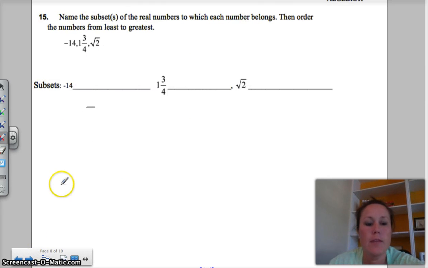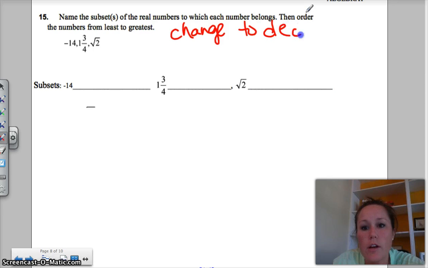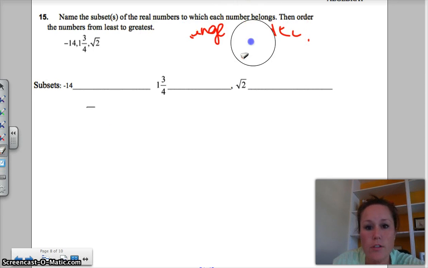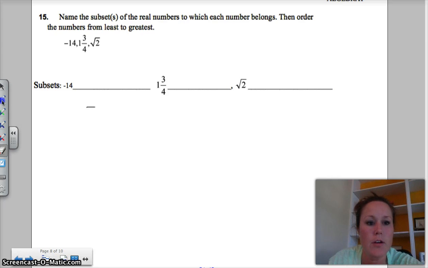Almost done. All right. Name the subsets of the real numbers to which each number belongs, then order the numbers from least to greatest. All right. Least to greatest, guys, you need to change to decimals and order. Okay? Change to decimals and put them in order. I'm going to give you the answer because I'm running out of minutes on my time here. So obviously, the negative number is going to be the smallest, so negative 14 comes first. The next number, we're dealing with 1 3/4 versus